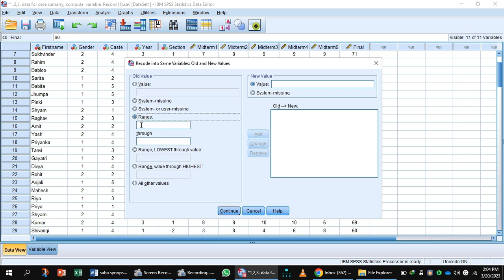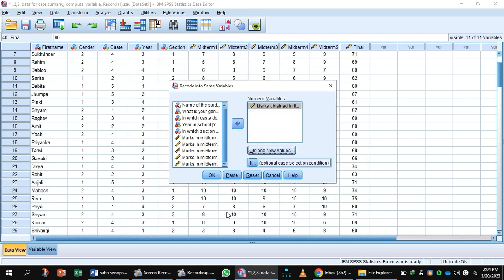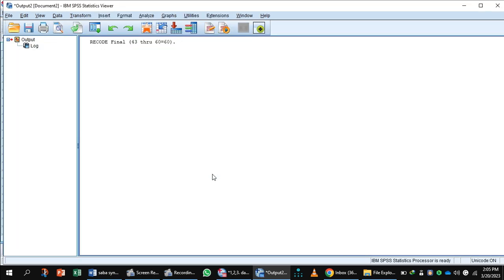Here you want to change the score from 43 to 60, 43 to 60 to 60. It means you want to recode all the scores starting from 43 to 60 to 60. Then you will press the button Add, and at the end you will press the button Continue and click OK